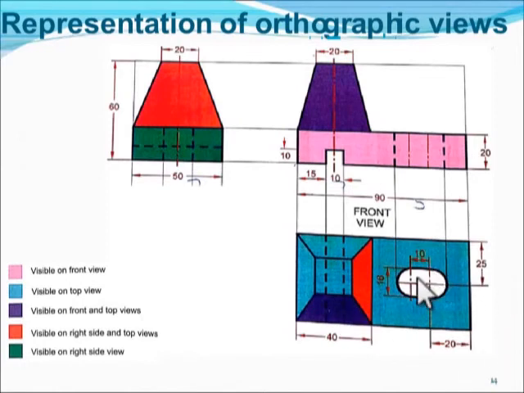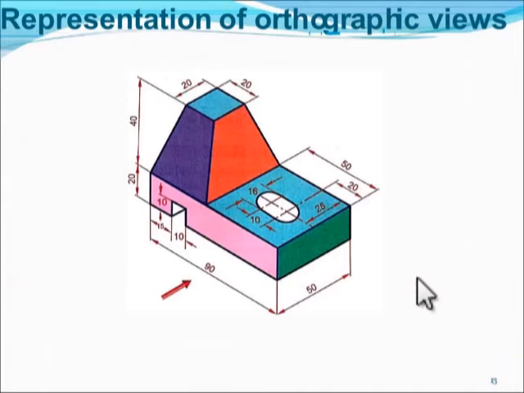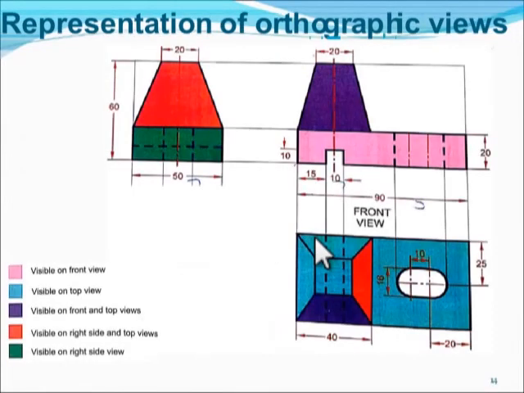Okay, coming back to the side view. Now I can see the right side view. Since I can see the right side view, what I need to do is draw this right side view to the left of my front view. So green color I can see, and this orange color I can see. Other than that I cannot see anything. So my side view will be looking similar to this.